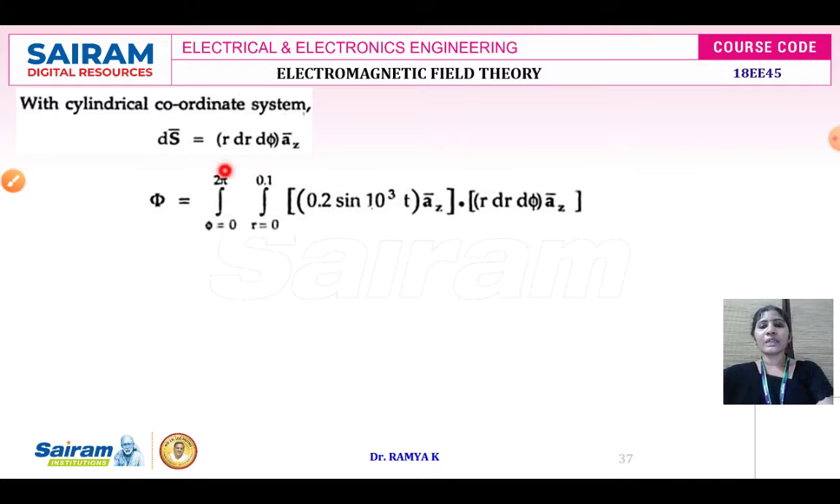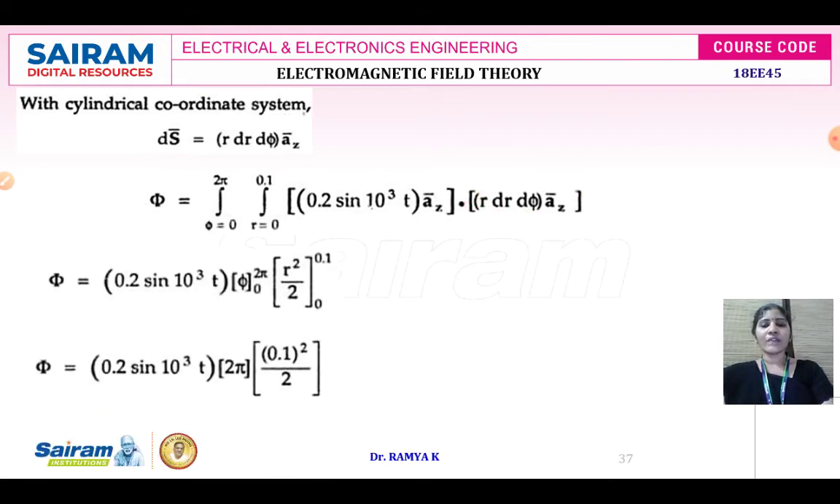equal to a double integration, one with respect to rho and the other with respect to phi. Here the value of rho is nothing but the radius of your circle, which varies from 0 to 0.1, and the value of phi goes from 0 to 2 pi. After substituting the value of B and the surface area and doing the calculation, the flux obtained is 6.283 into 10 to the power of minus 3 sin 10 to the power of 3t